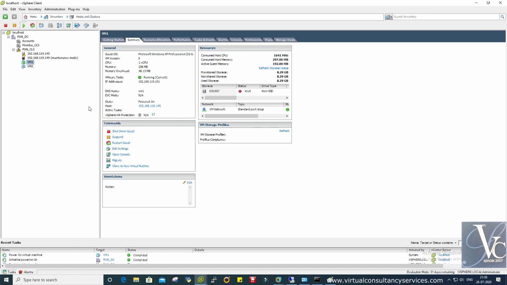We will check HA in the next session. Then we performed some troubleshooting steps for an inaccessible VM. How we can recover those types of VMs if an ESXi host goes down accidentally, there is a power outage or network issue, and those VMs get into an inaccessible orphan state. How we can remove from inventory, re-register and power on. So this type of issue we can troubleshoot.